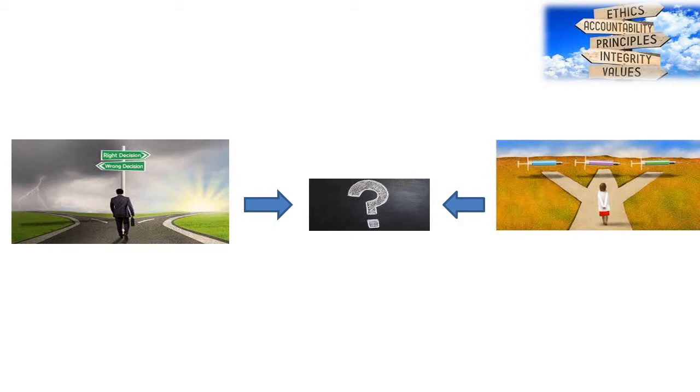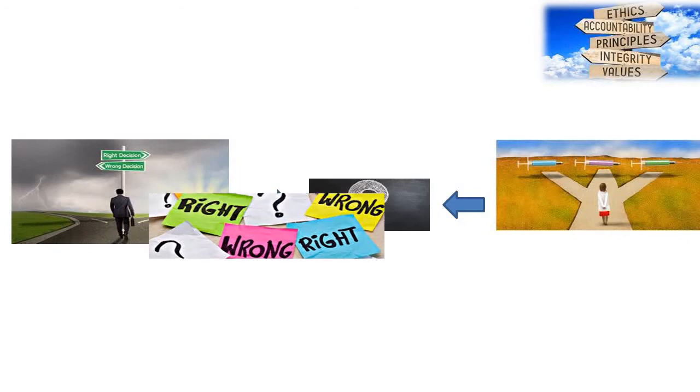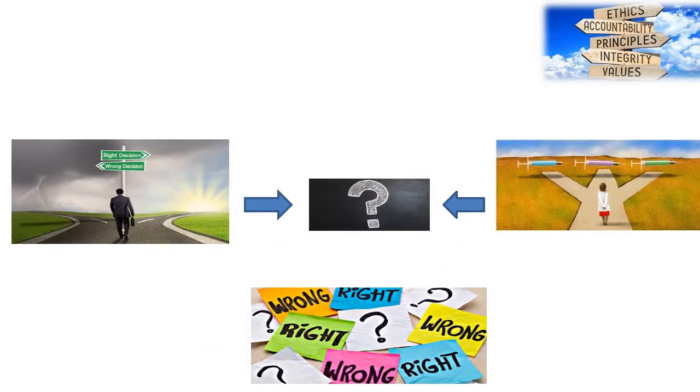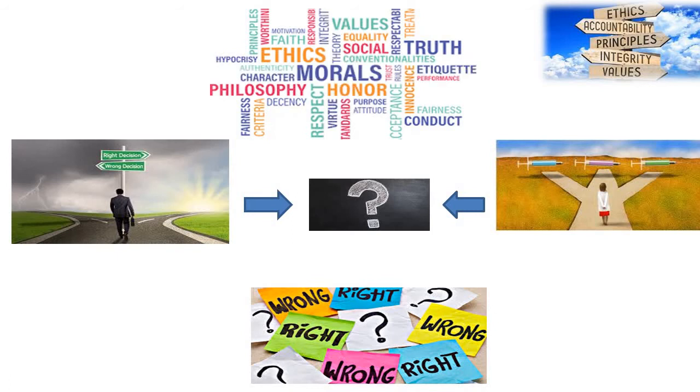On the other hand, we have three paths from which we need to select the correct one. We are able to select the correct path and travel along it when we have experience. When will you get experience? When you have done some particular work, and by that work you get the experience. Before that you don't know what is right and what is wrong. When you know what to do at the right time, that gives birth to philosophy, morals and ethics.